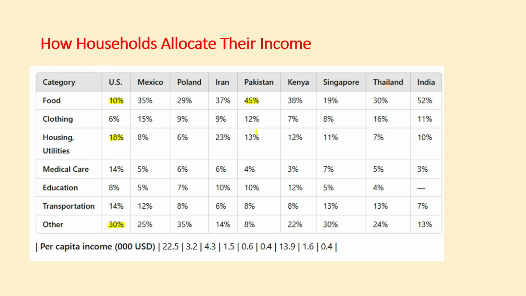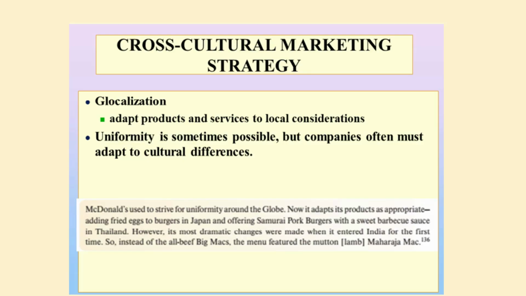But food is, once again, as you can see, a growing segment. It's even a very popular segment within Pakistan. And for education, they're spending 10%. Similarly, you can see in India, 52% of people are spending on food. That's a big amount. And in other countries, you can also get an idea of where to focus and where there is a more attractive segment in that particular country.